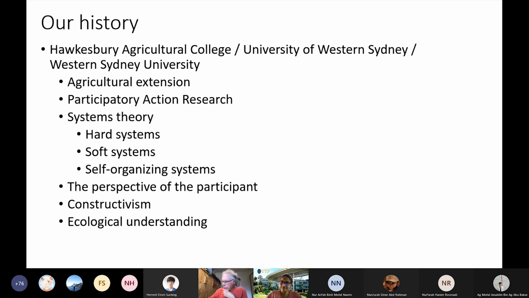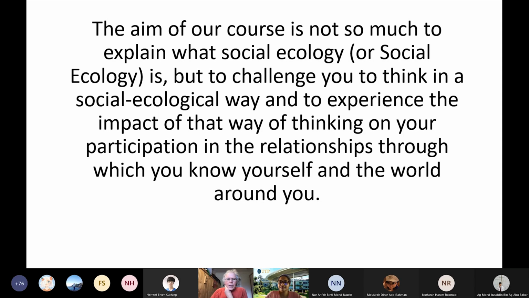So if we go down to the next one. And the aim of the course we do is not so much to explain what social ecology is, but to challenge our students to think in a social ecological way and to experience the impact of that way of thinking on your participation in the relationships through which you know yourself and the world around you. So to understand yourself amidst this process,